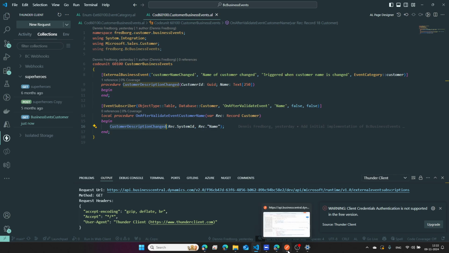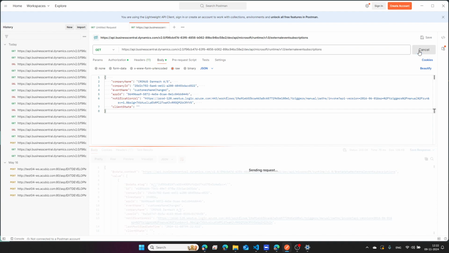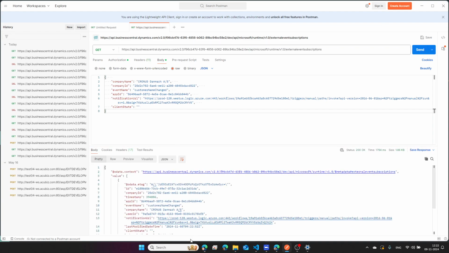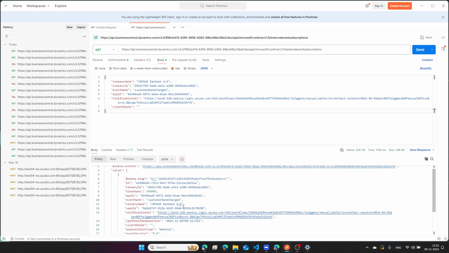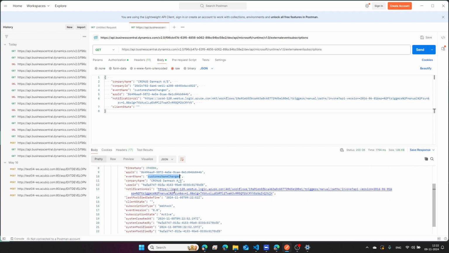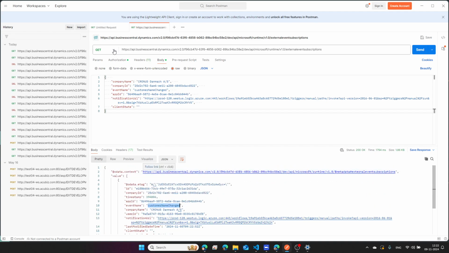Now, if we jump over to our Postman here, we have this URL which is used to get the external event subscribers. It's built up where we have the tenant ID here, and we have our environment name. If I try to do a get against this, you can see I have already made a subscription where I can see what company it's subscribed to, my name here, which URL is going to be notified if something happens, and what kind of type, and so on and so on. If I want to create a new one, it's the same URL I use, I post,